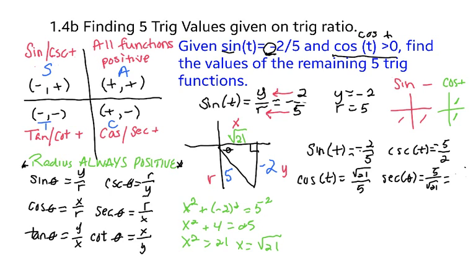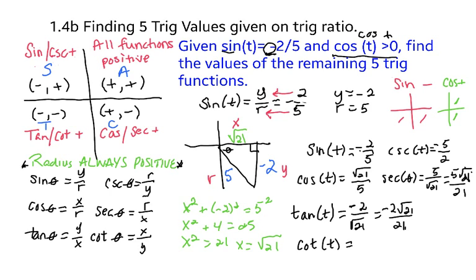Oh, it's not working out there, so let me fix that as best I can. So 5 square root of 21/21. And then our last two functions are tangent and cotangent. Tangent is listed as being y over x. So in this picture, that is negative 2 divided by square root of 21, which again I have to rationalize. So that gives me negative 2 square root of 21/21. And its reciprocal, cotangent,